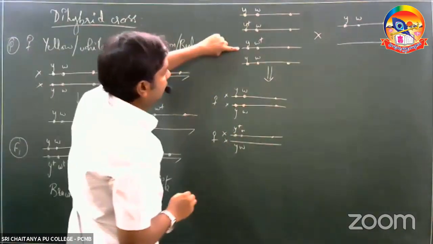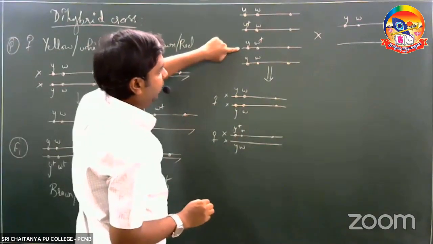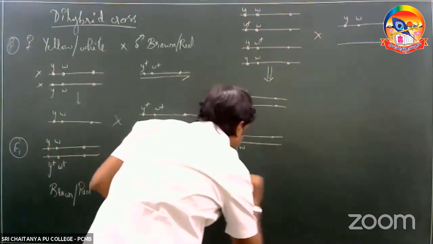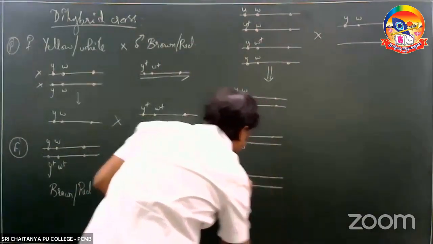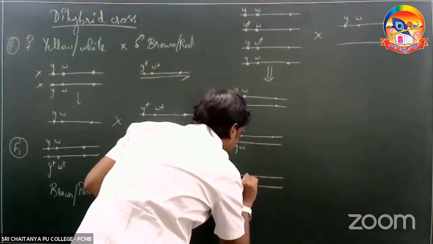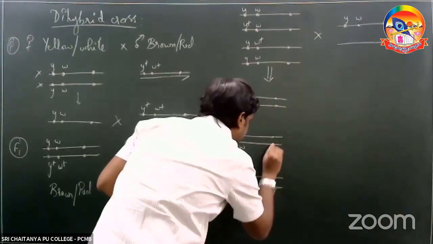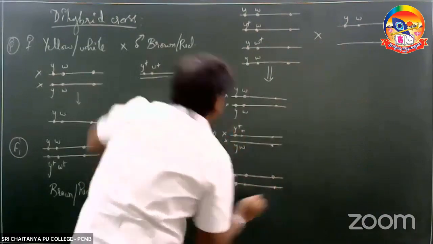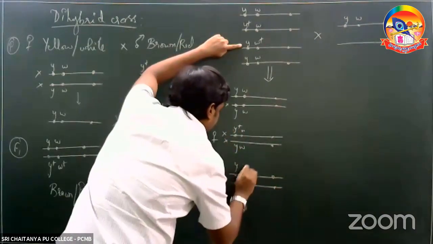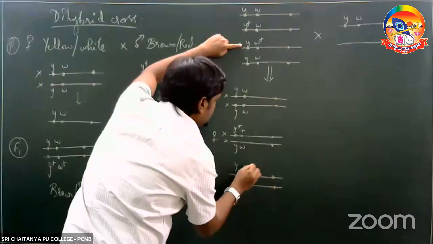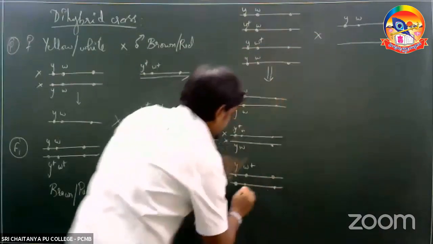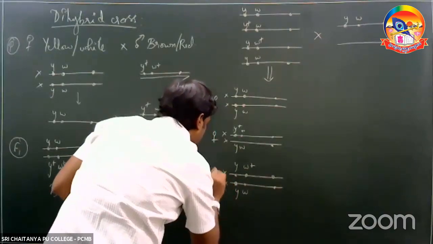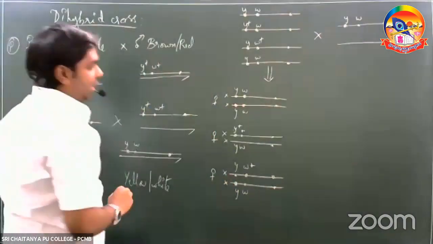Third, the third X chromosome containing female gamete fused with the X chromosome containing the male gamete. What would be the genotypes obtained here? First, with regards to the female gamete, it would be YW plus crossed with Y and W. This also is an X chromosome, this also is an X chromosome, so the individual here would be a female individual.